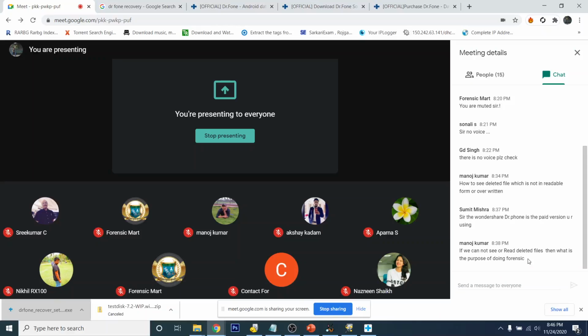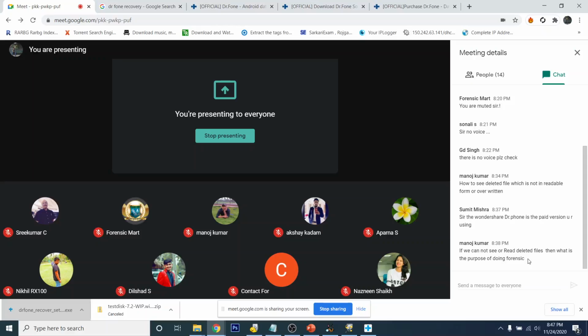Basically, all these files were deleted, which I have shown you. These were in the deleted folder because there is nothing like a recycle bin in a mobile phone. And if you are doing recovery, nobody will provide their phone saying, take my phone and do recovery. You will also not know which apps he has used previously. So using the cloud recovery, you can take out all the apps that he has used from the start or is using currently.